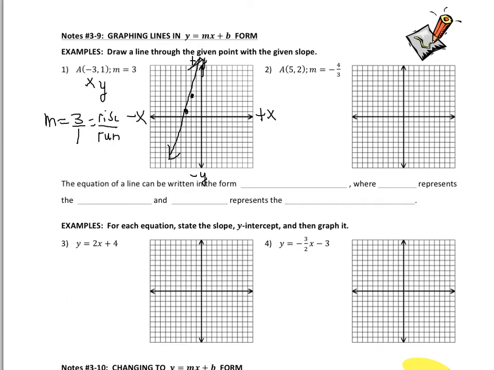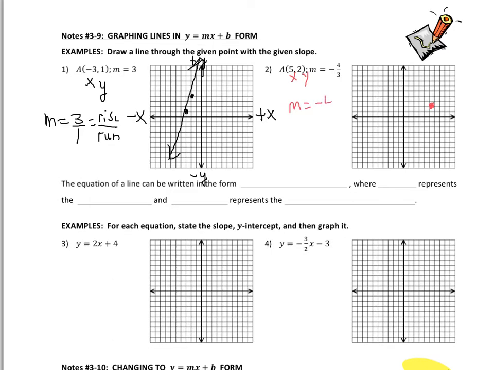Okay, moving on to example 2. So we have the point 5, 2. So again, 5 represents our x, 2 represents our y. So we're going to go 5 in the positive x direction, which is to the right. 1, 2, 3, 4, 5. We're going to go +2, which is up 2. So it's going to be approximately right here. If I can get that dot to be right there on the center. It's hard to do when I'm writing on this iPad. Okay, and then my slope